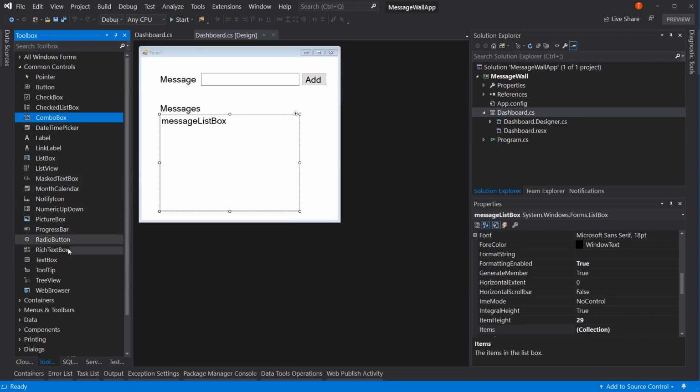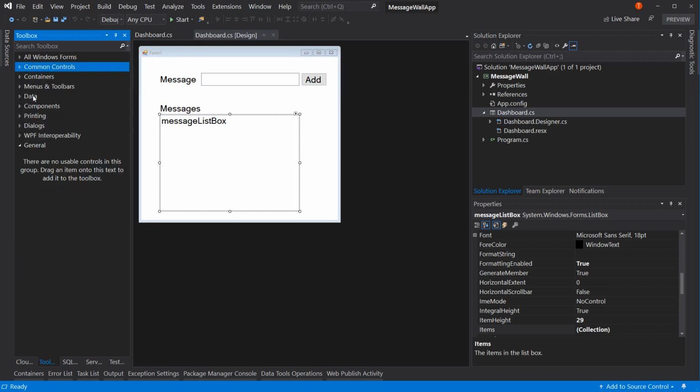Radio button, haven't covered it. Why haven't I covered all of these, and am I going to in this course? And the answer to the second part is no, I'm not going to cover them. And here's why. There are an enormous number of controls, but what it comes down to is controls are just classes, and those classes have properties. And all you need to do is find out what properties are set on a certain control, and you're all good. What controls you need will be different than what controls